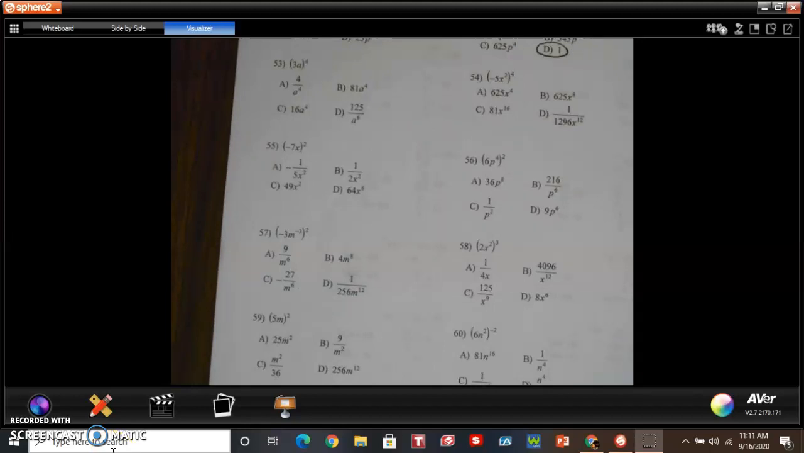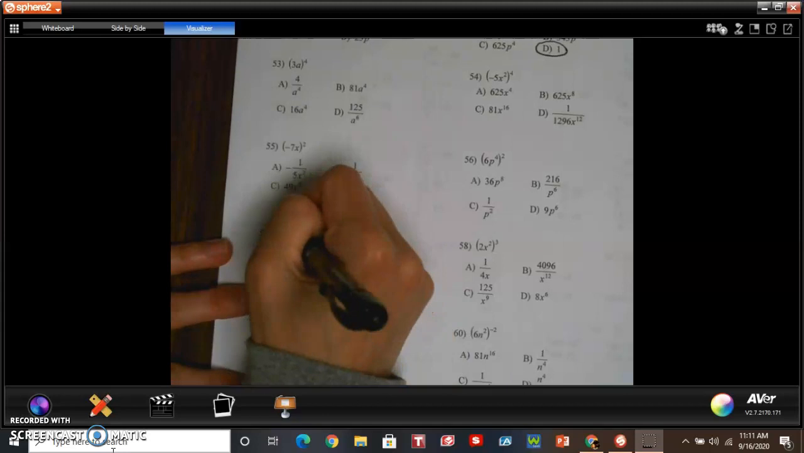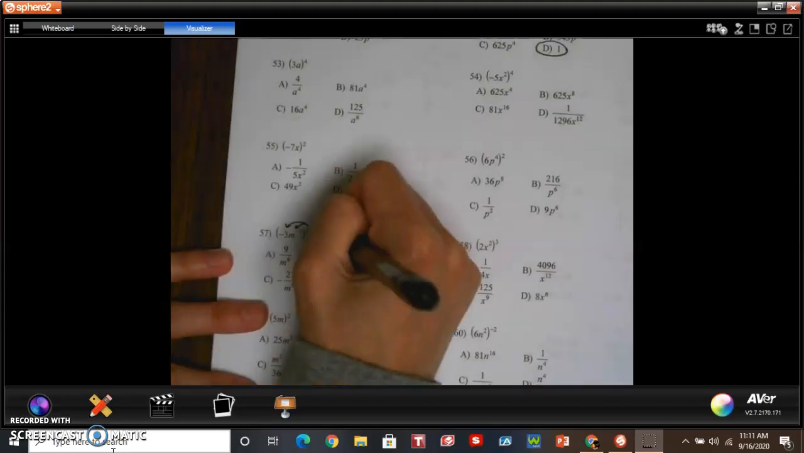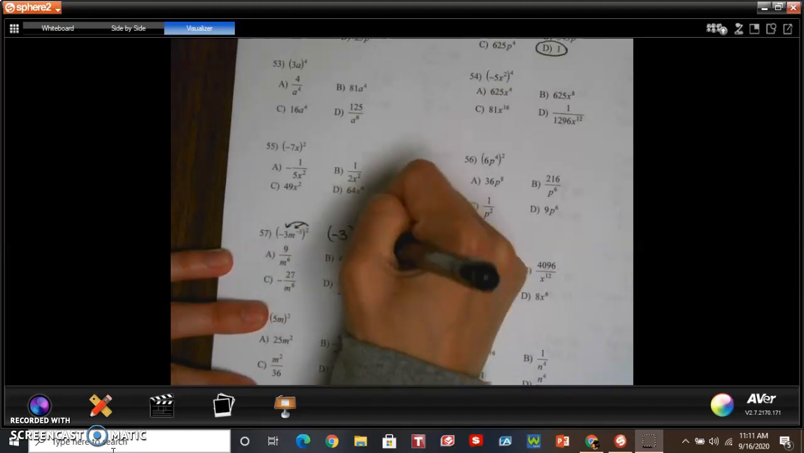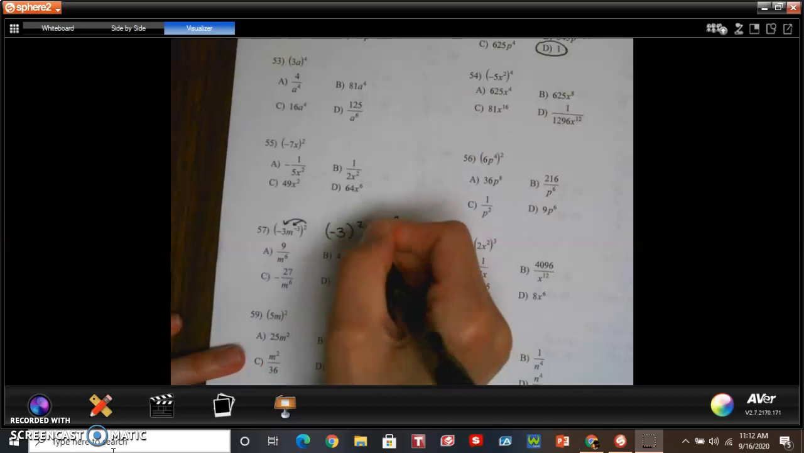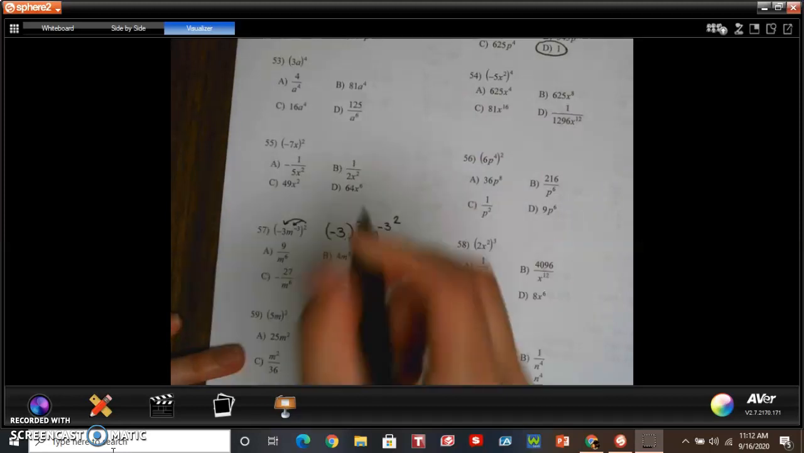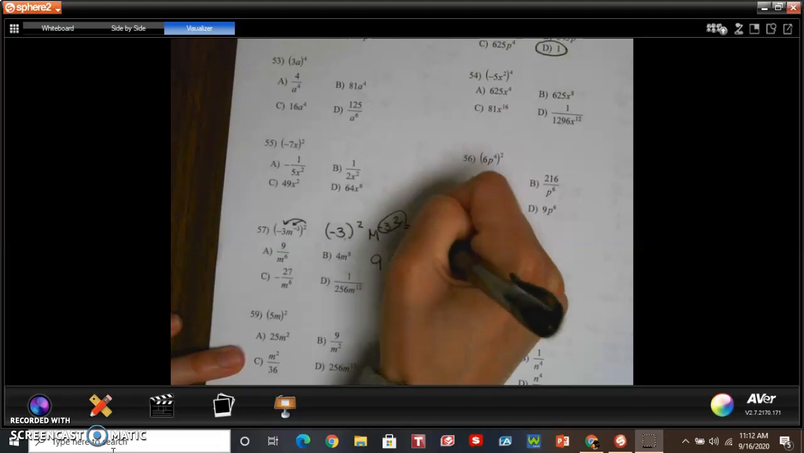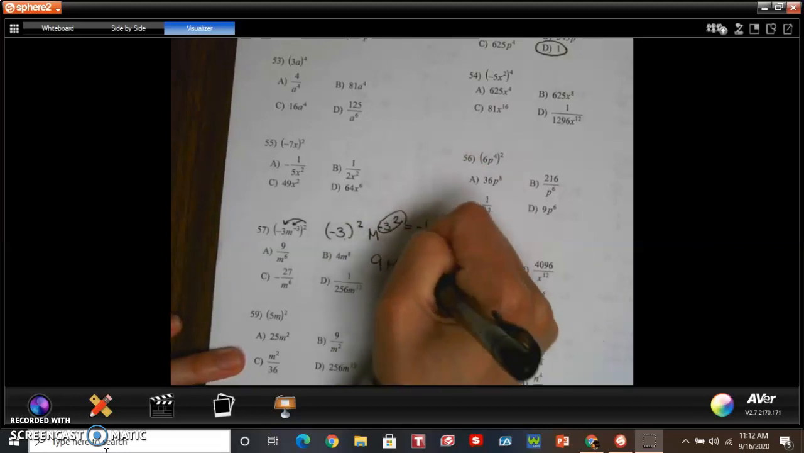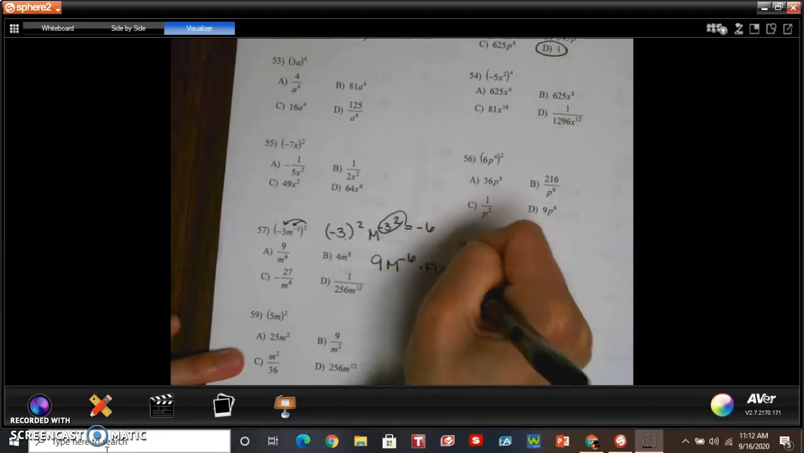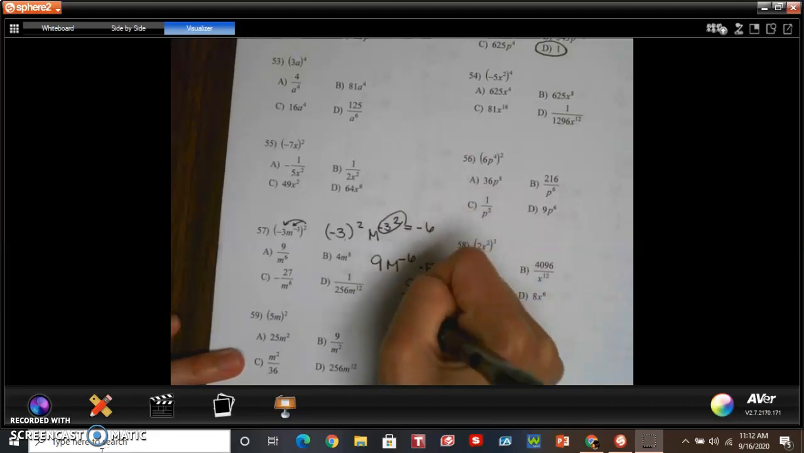Again, this is combining multiple rules. First, we have our product to a power. So everything is going to get raised to this second power. So we have -3 squared, and we have m to the -3 squared. All right, so -3 times -3 is 9. -3 times 2 is -6. But we can't have a negative power. Remember, we flip to make it positive. So now it is 9 over m to the 6th,